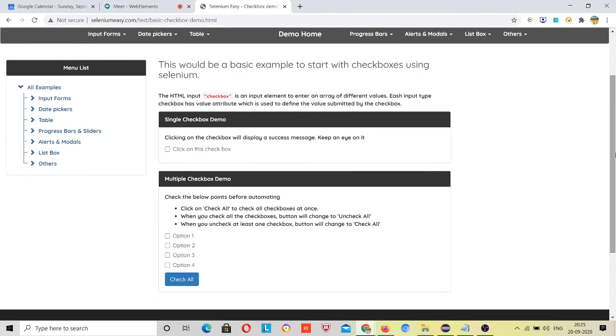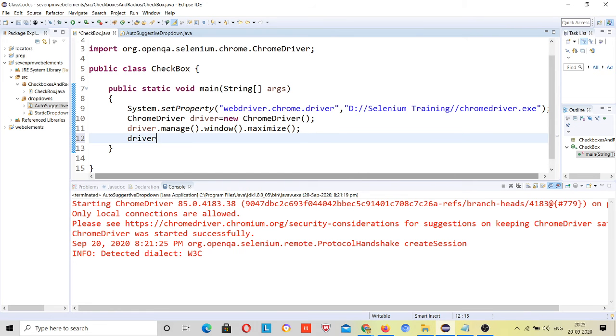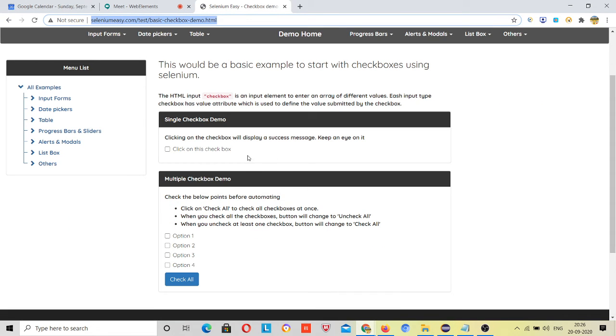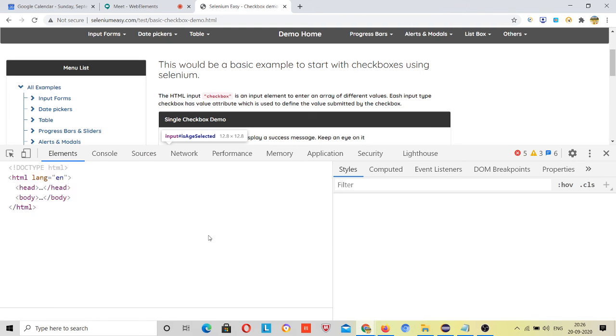See, I want to click on this checkbox, right? I will copy this URL first, so that I come to this URL first, right? So you can use driver.get and this. Now just locate this web element. Without locating this you cannot do anything. I have already told this multiple times. Right click here and inspect, right?